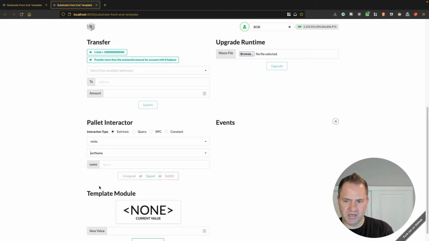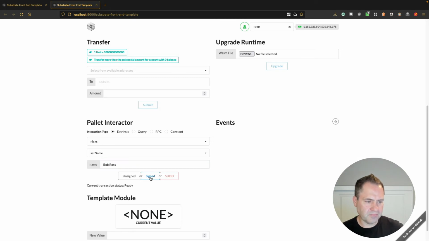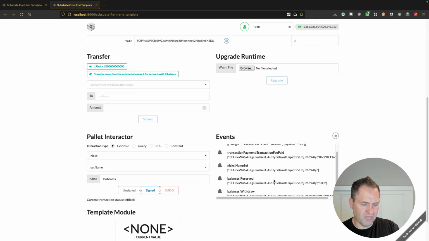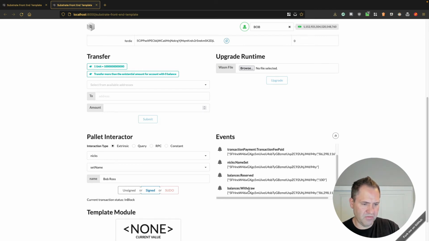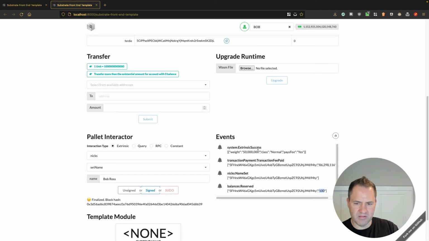And we're going to choose a name for the account. So we'll call this Bob Ross. How about Bob Ross? All right, so click sign. All right, so we see the events that pop up here. So we withdraw from the balance, we reserve the deposit for the name that is set, we pay the transaction fee, and we're a success. Now this worked because Bob is the owner of the Bob account, so he can set names,